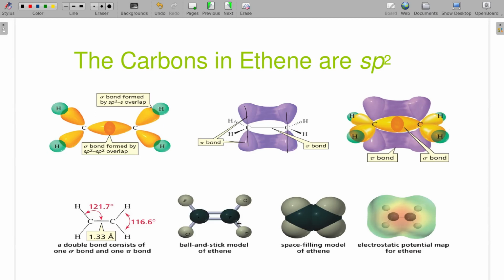Now, something else we can see on the electrostatic potential map. You notice that red buildup there? Well, that color change is going to help us out when we start to see chemical reactions. The previous one, ethane, has nothing but carbons and hydrogens and nothing but single bonds, so we're going to find there are very few things we can do to it. There are only a few chemical reactions that will work. But that double bond with that higher intensity of electrons right there is going to be a little bit easier to do reactions with. There's going to be a lot more we can do with an alkene, something with a double bond.